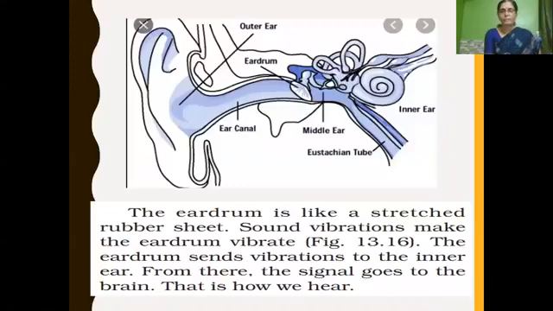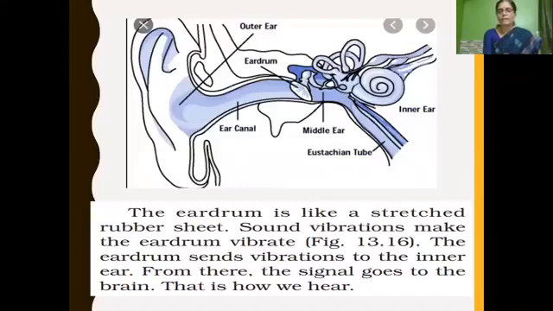In the same way, here you can see the structure of our ear. On the left-hand side, you can see the outer ear, a funnel-like structure which leads to a canal, called the ear canal. And at the end of the ear canal, you can see the eardrum. What we learned in that activity, this eardrum is similar to the stretched rubber balloon on the bottle. Got it? And after that eardrum, you can see the middle ear.